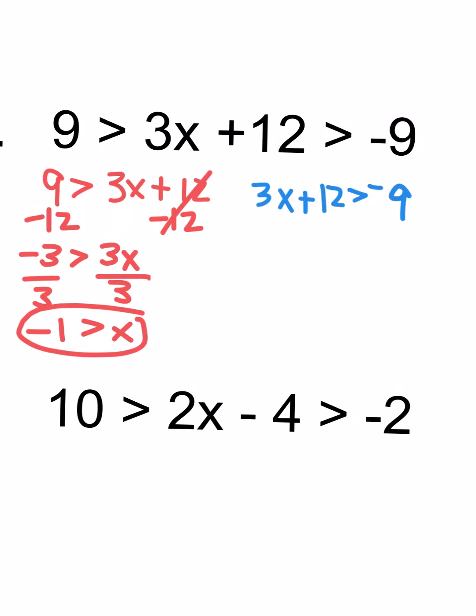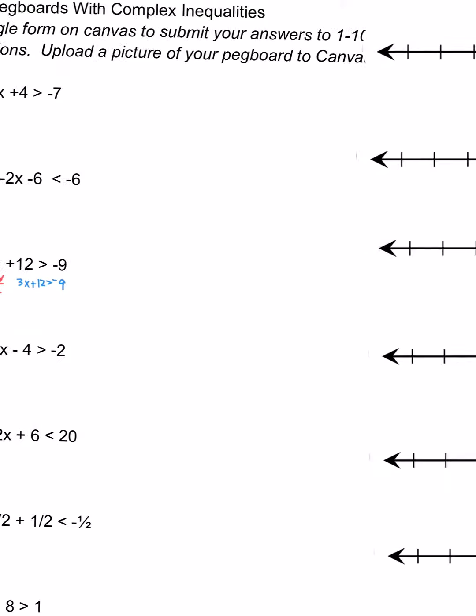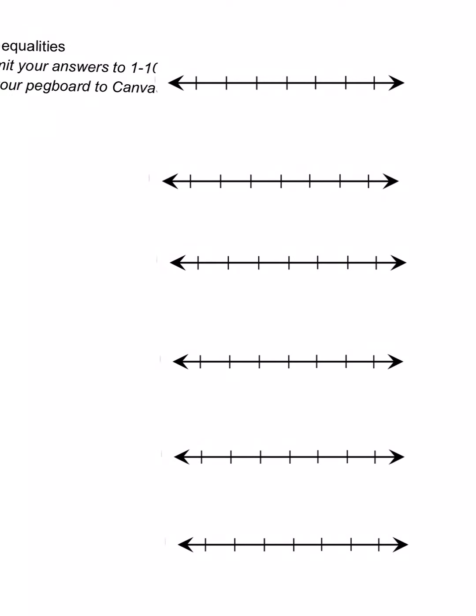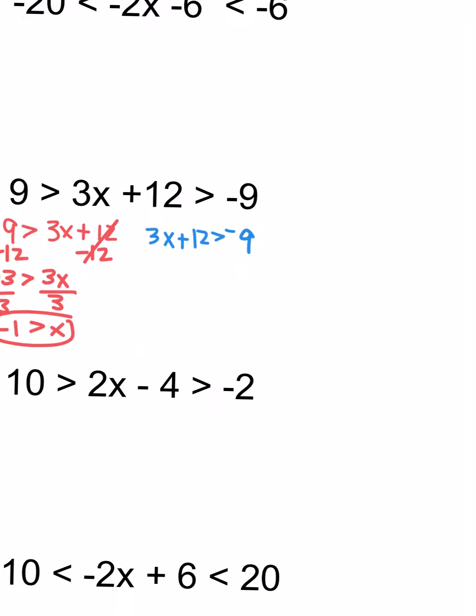And we'll plot that over on the number line. X is less than negative 1. Let's say this is negative 1. Open circle, going to the left. Okay. Now in blue,